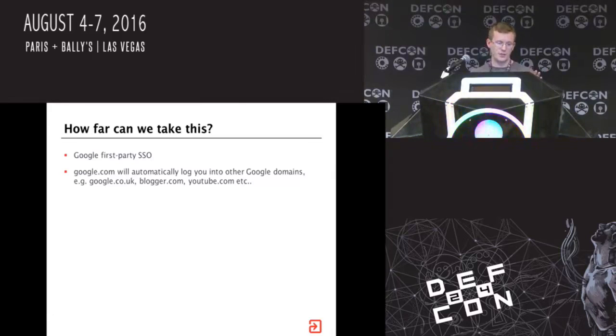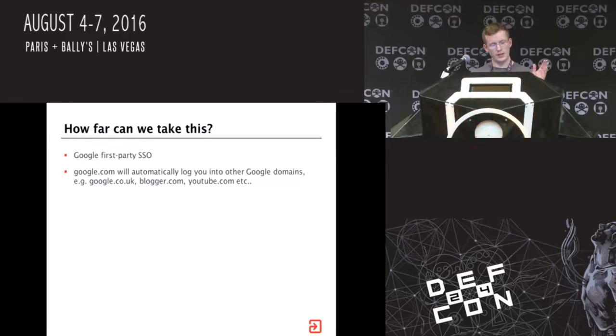So the way that Google works is quite interesting. They have lots of different domains, and you can't share cookies between top-level domains. So what happens is that when you log into Google, most of your cookies go onto the main google.com domain. And when you go to another website like YouTube or Blogger or one of the regional Google search sites, then there will be a kind of first-party SSO.